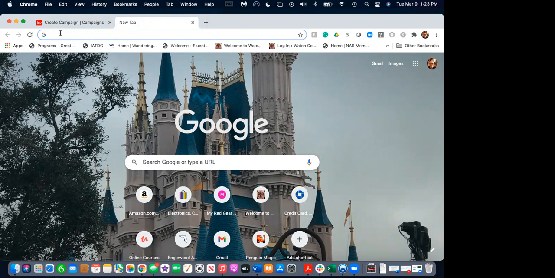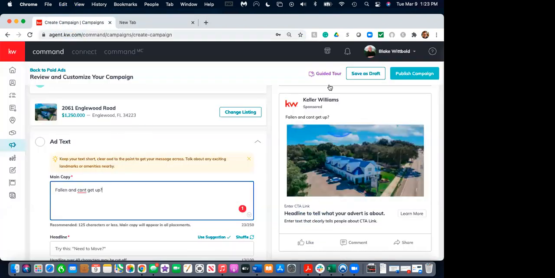So my first line in here was: fallen and can't get up. I'm trying to evoke the memories and thoughts about the elderly people in their lives. Thinking, well, what if my grandmother fell and couldn't get up? What if my mom fell and couldn't get up? I want them to think about that. And my next sentence is going to be the answer to that question I posed. So, fallen and can't get up, this medical